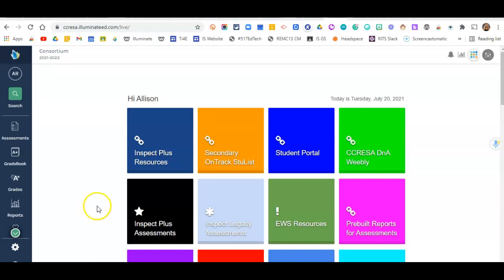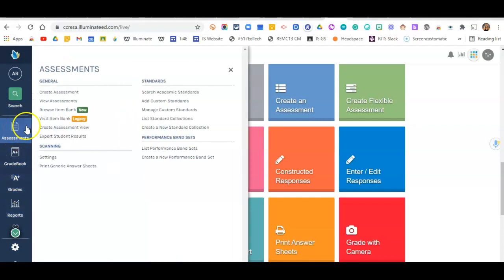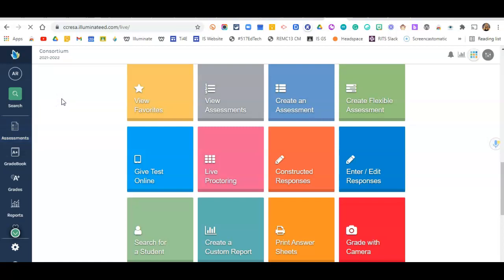Now I'm going to talk through some of the Illuminate system tiles. If I were to scroll down on my tile page, now I see some of these colorful tiles that appear to be more so shortcuts within the system, right? So if I wanted to go to an assessment, I can do that in two different ways. First, I can check out this left-hand tab section and click Assessments. And then I have a variety of different options. If I wanted to go to my list of assessments, I would select View Assessments, and then it's going to